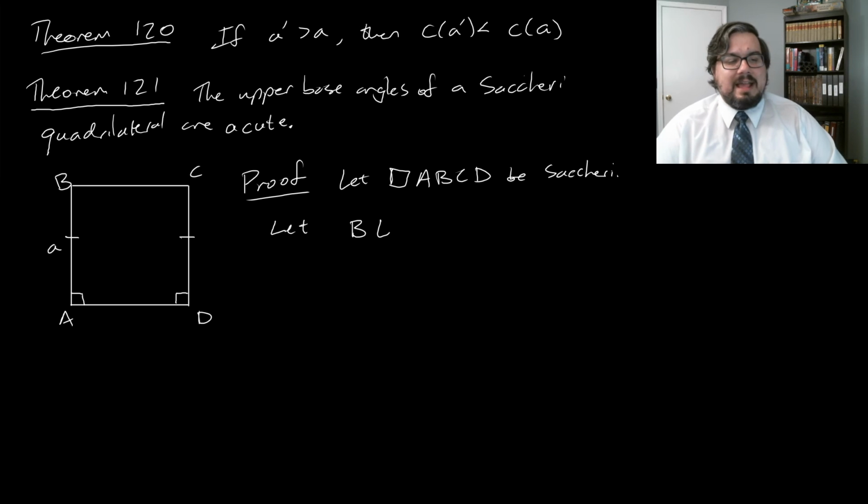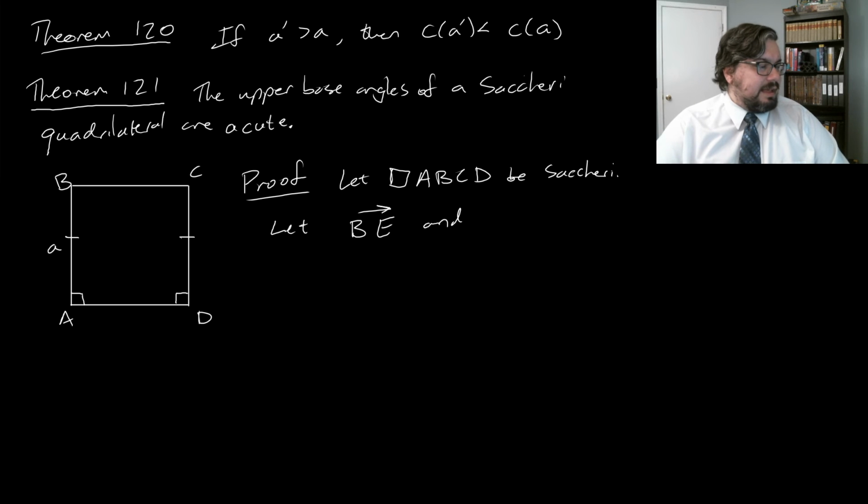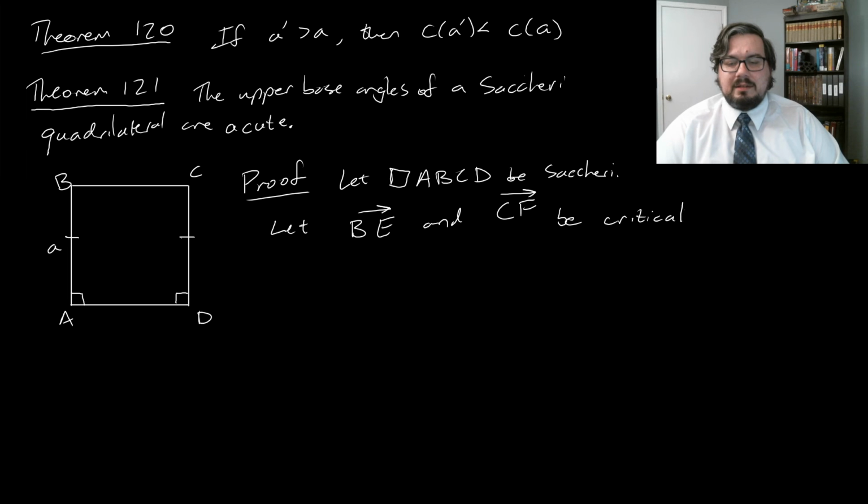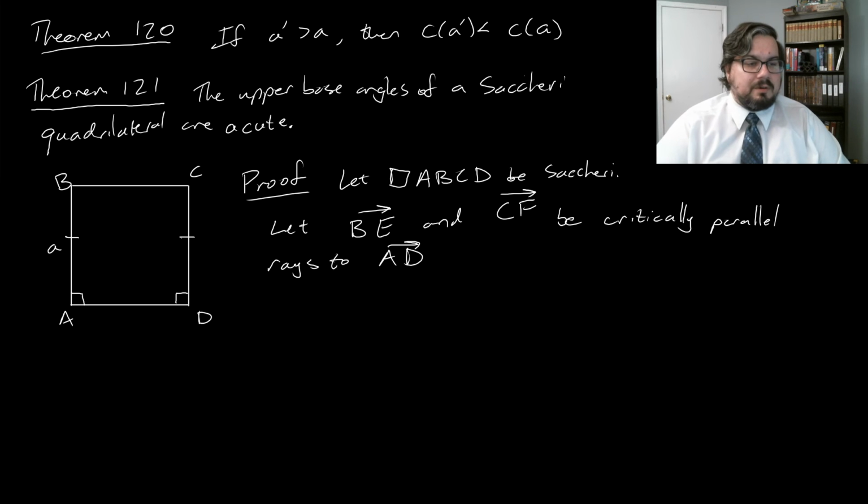Let's let little a be the distance from A to B. Let's let BE and CF be the critically parallel rays to the ray AD. So we're going to get a couple of rays that come down like this